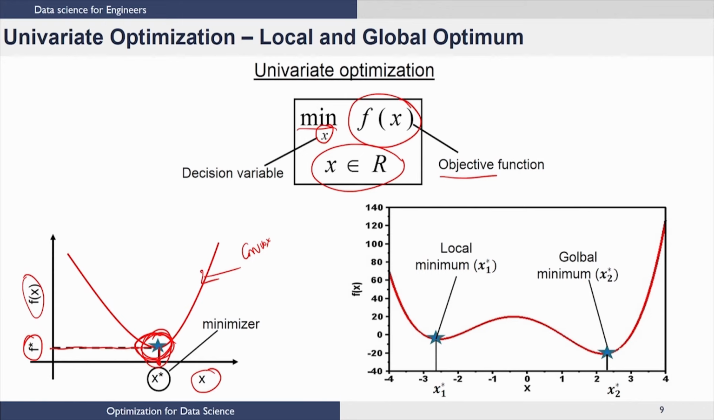Now, contrast that with the picture that I have on the right hand side. Here I have a function, and again it is a univariate optimization problem. On the x axis I have different values of the decision variable, on the y axis we plot the function. Now, you notice that there are 2 points where the function attains a minimum, and you can see that when